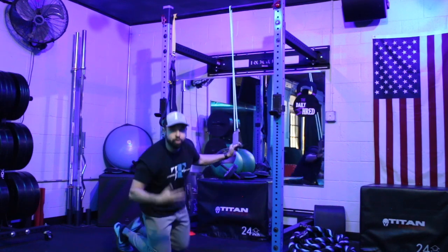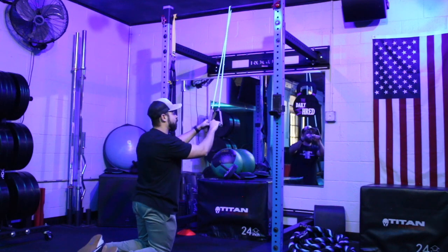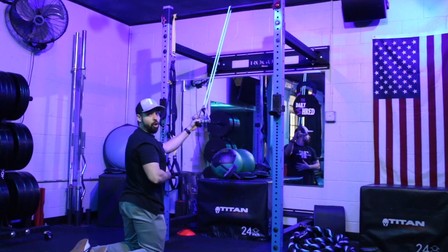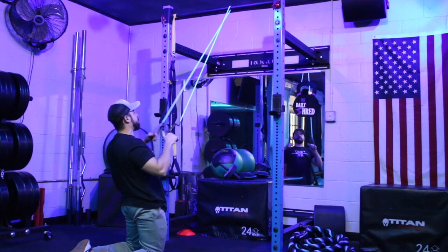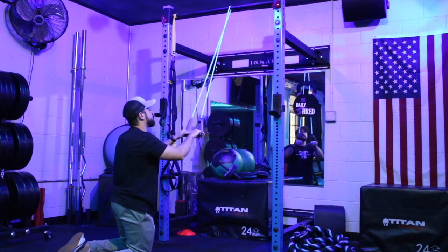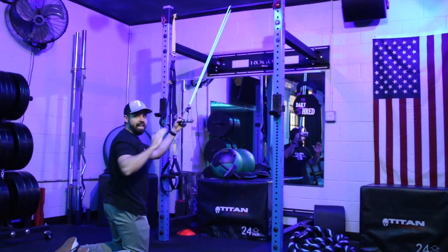Next, what you're going to want to do to get in that setup is you're going to want to grab those two handles, palms facing away from you. We want to hinge over slightly to where we're kind of in line with that band. So I'm not going to be leaning back like this to where I'm pulling to my chest. That's not going to use quite as much of my lats. I want to have just a slight lean forward here so that I'm pulling in line with the rest of